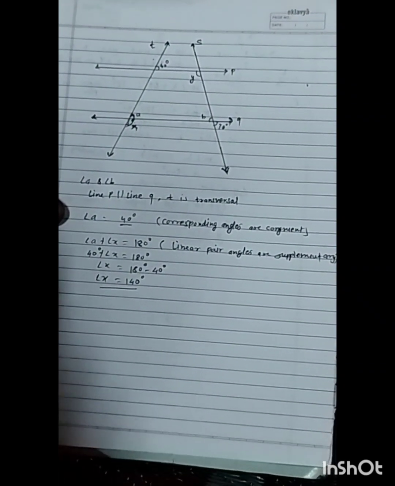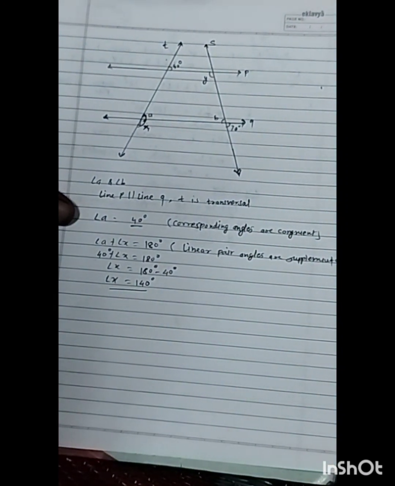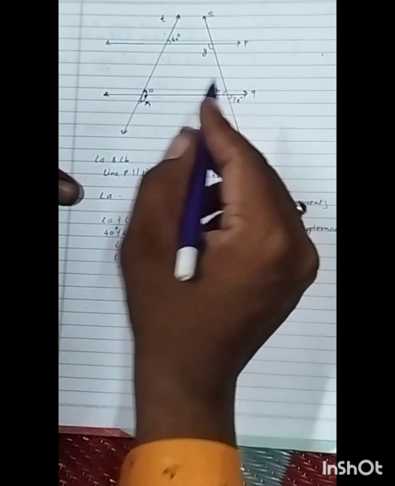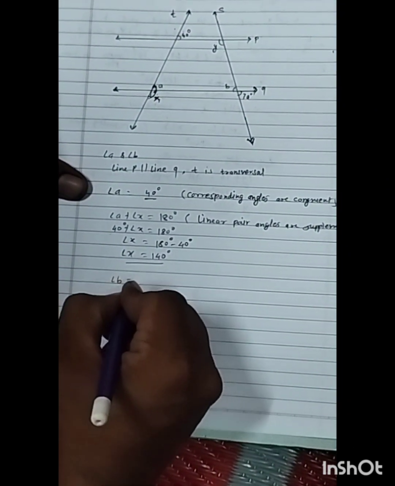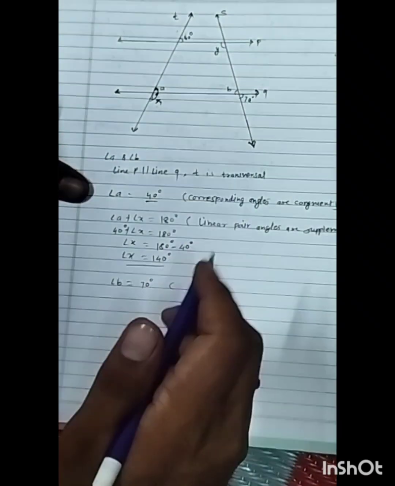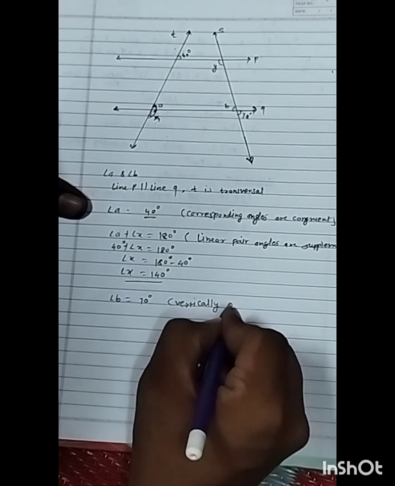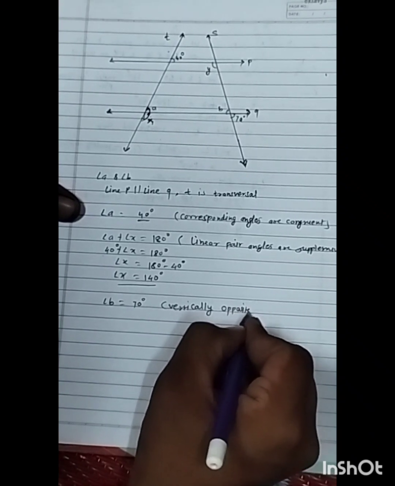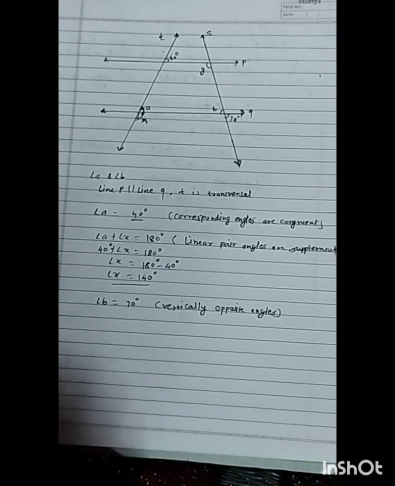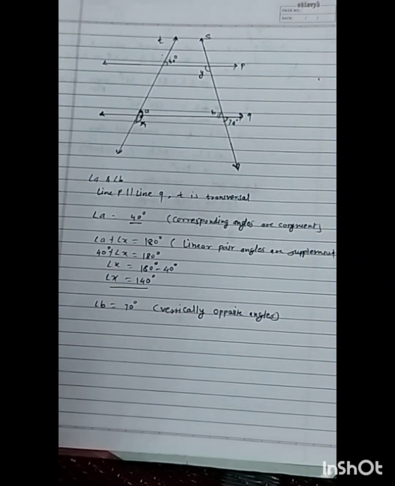For this, suppose this angle here is 140 degrees, and then you can see here an angle is given as 70 degrees, and angle B we have to find. So we get angle B is equal to 70 degrees. What is the reason? This angle B and the 70 degree angle are both vertically opposite, and we already learned that vertically opposite angles are congruent, or their measurement is the same. Here you can check it. These both are vertically opposite to each other.